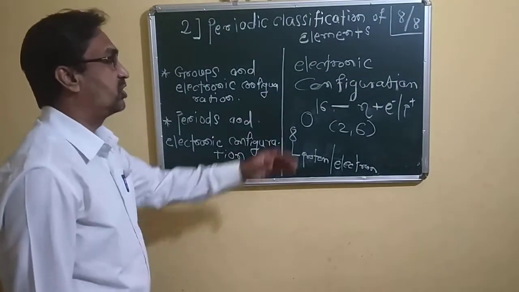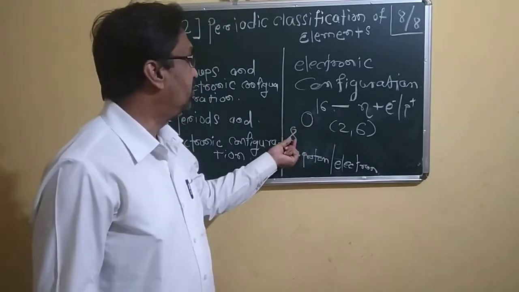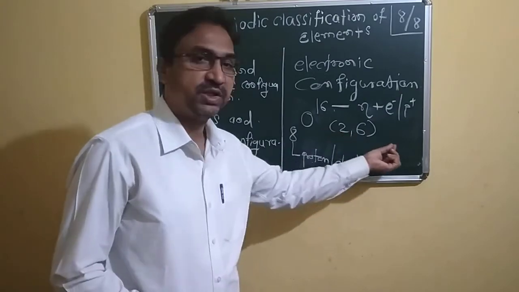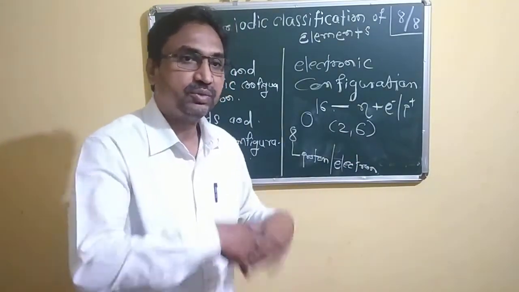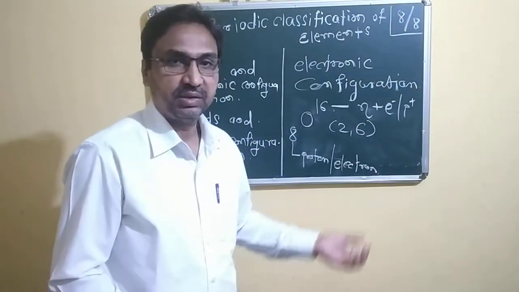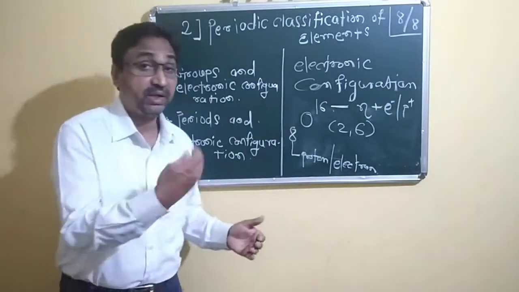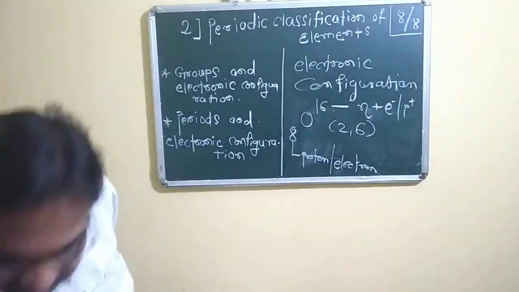So electronic configuration is a concept that according to an element's atomic number the electrons have been distributed in different shells. The first shell is filled, after that we have to write down in the next shell how many electrons are remaining. In the next shells, how many electrons remain. So in this way you can write down. So we have to start